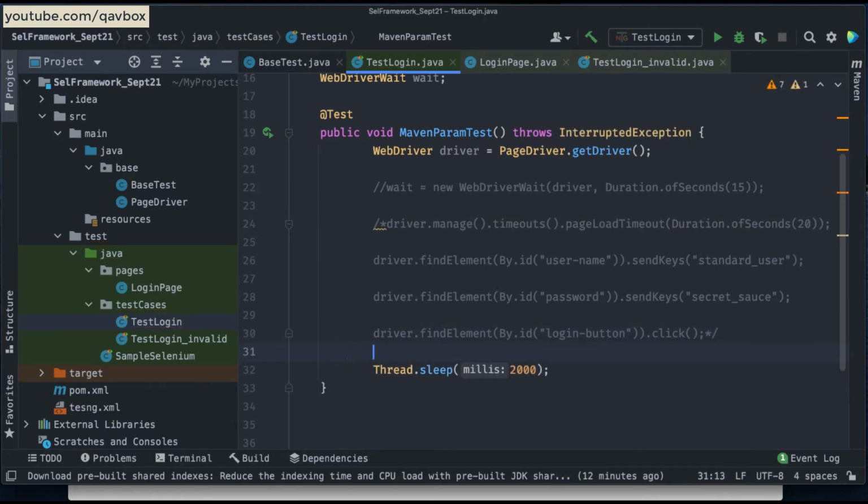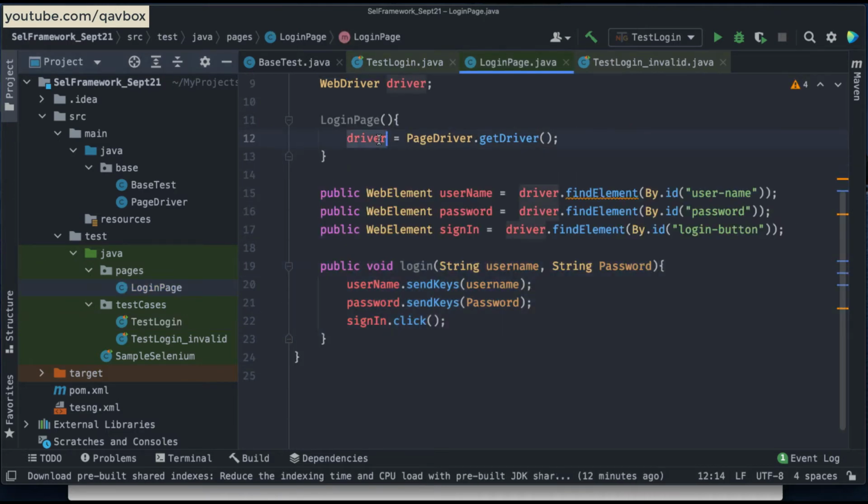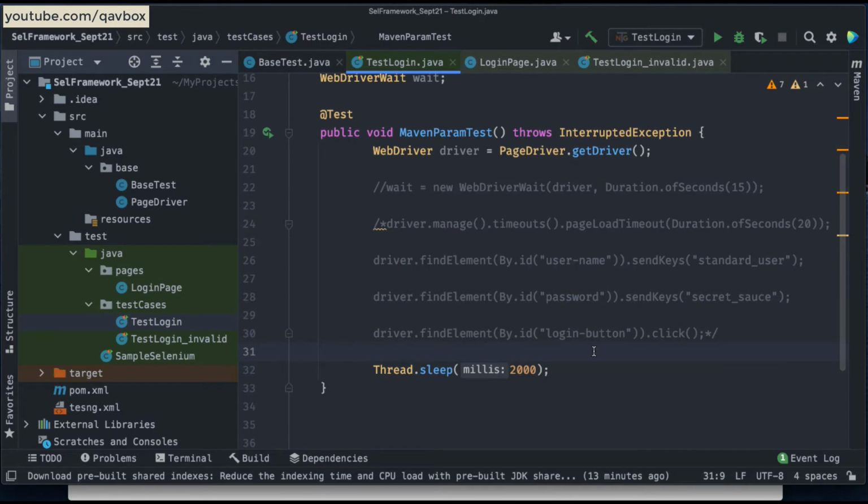Now inside this, I need to create an object actually to access this one, so that the driver object will be initialized, and then I can access these particular variables or methods. I don't want to take any of the web elements to my test case, because last session also I told you, as much as possible we need to avoid the implementation inside your test case. That's how we have taken all the driver dependencies, we have taken browser dependencies. The same way now we are taking all the web element dependencies as well.